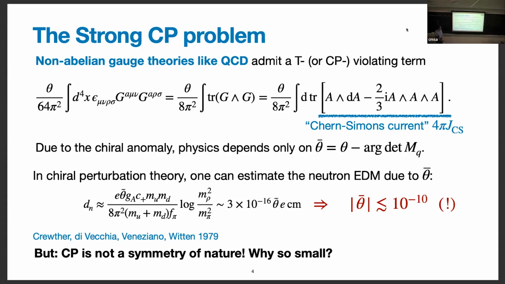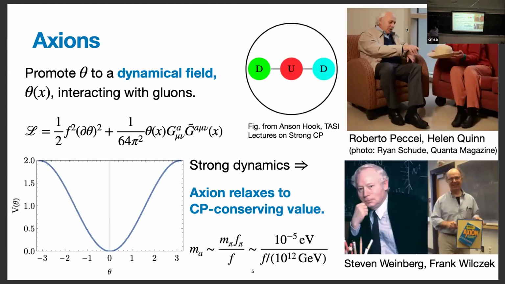And that's strange because we already know that time reversal or CP is not a symmetry of nature. So why is this parameter that we're allowed to write down such a tiny number? And there was an answer proposed to this back in the 1970s by Peccei, Quinn, Weinberg, and Wilczek, which is that if you promote this constant parameter to a field, make it theta of x instead of just some number theta, and give this field a kinetic term, now it's able to respond to strong dynamics, and you can compute that the potential energy is minimized when this parameter is 0, so when you turn off the CP